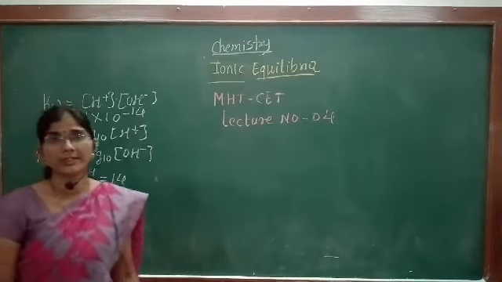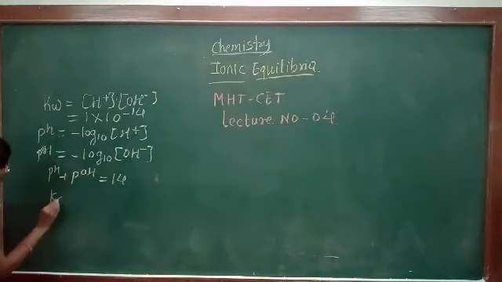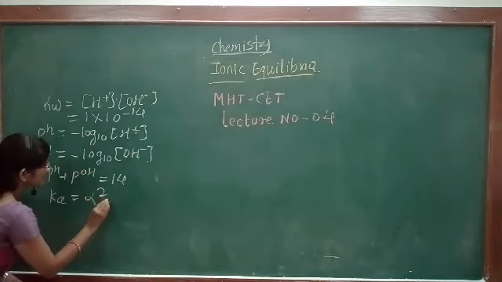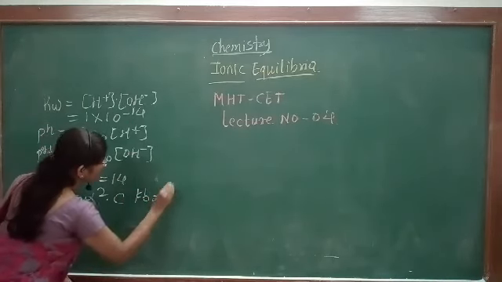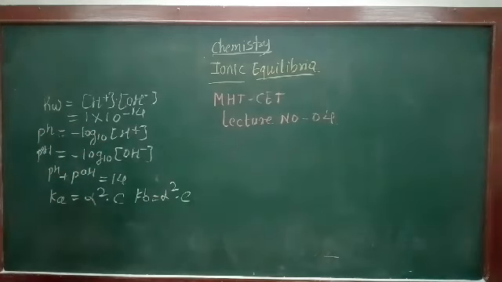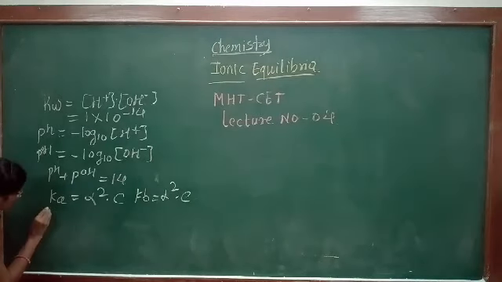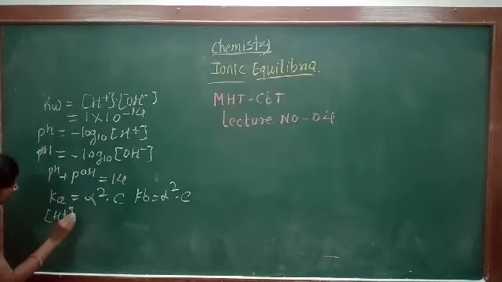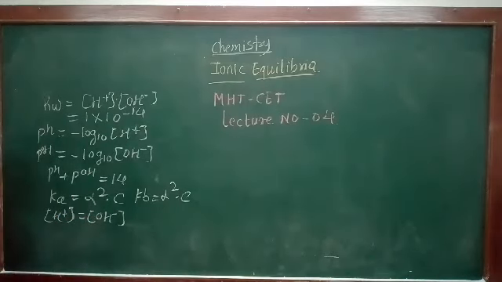to minus 14. We also have the Ostwald dilution law for a weak acid, Ka equal to alpha square into C, or Kb equal to alpha square into C, where Ka and Kb are the acid and base dissociation constants. And from the Ostwald dilution law, we have one important formula, that is H plus equal to